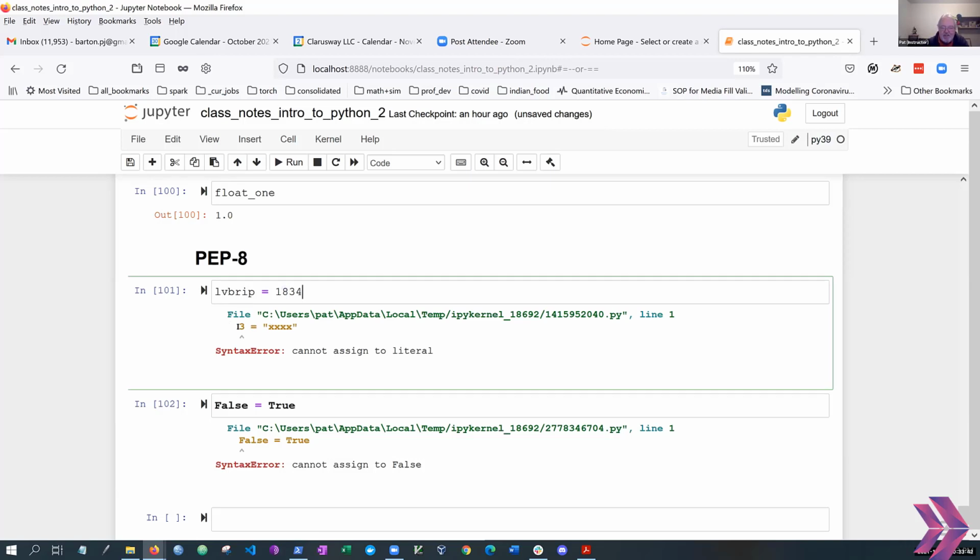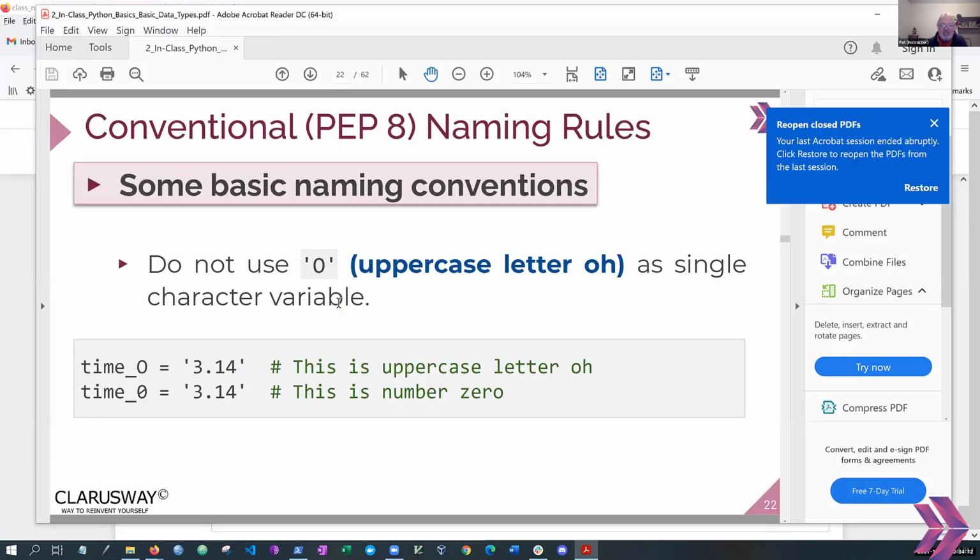Anyway, this guy was really into music, and he meant this to be Ludwig von Beethoven. RIP is rest in peace. So he meant to assign a variable to the year Ludwig von Beethoven died. And I don't know whether 1834 is right, but who the hell can know that? So anyway, the PEP 8 takeaway is make variable names that are readable, intelligent, and don't have ambiguous characters